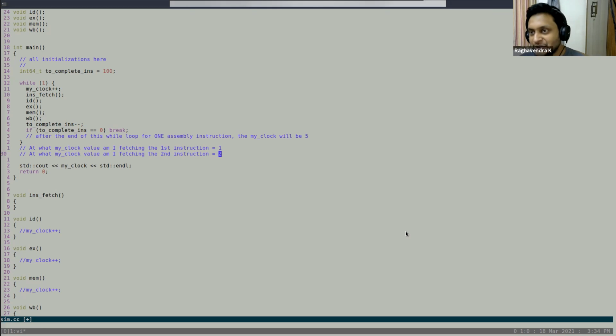So actually this is fun. That's what I keep saying: data structures is not the only subject that is fun. This is much more fun because you can do whatever you want. What is the point in keeping my clock here? You can just keep counting the number of instructions. We already know the number of instructions.